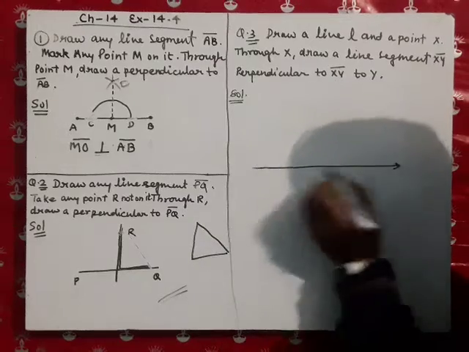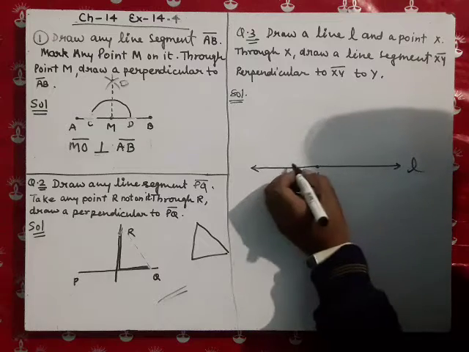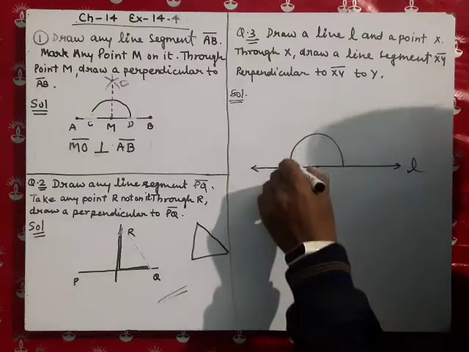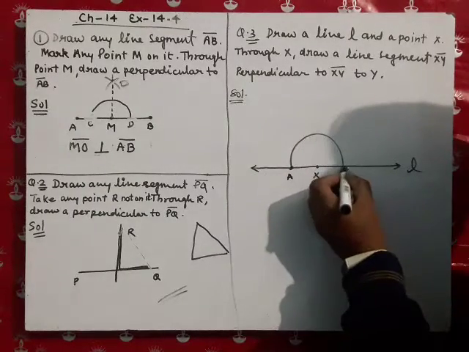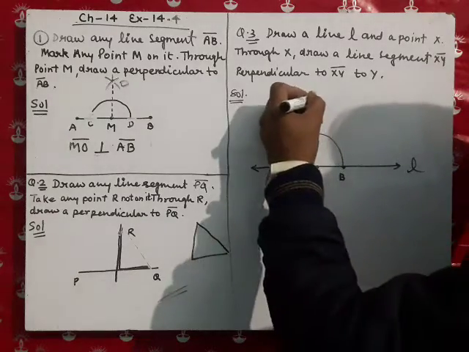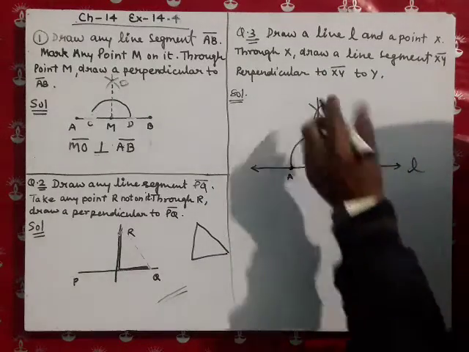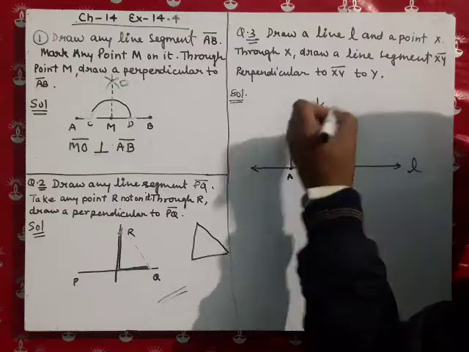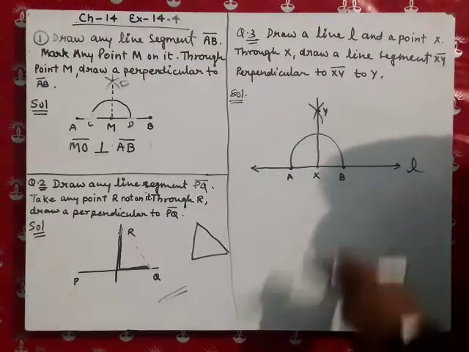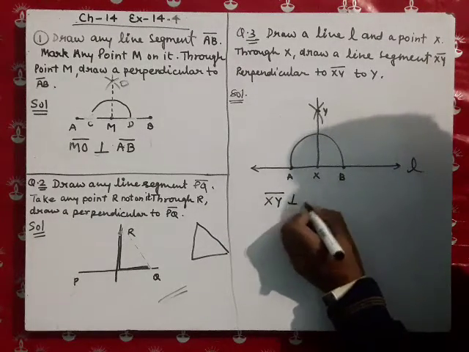First of all, you have to draw one line segment, say L. Now you have to choose one point X, and now you have to take this one as point, and you have to make one arc. Now from this point A, this point B, now you have to make one arc, and from here, so these are the two arcs that are joining. So this will be the perpendicular to the X, and question is saying that you have to take one point Y. So this will be the Y. So here XY is perpendicular to the line L. So here we can say that XY is perpendicular to L.